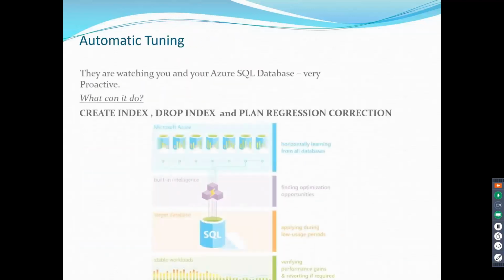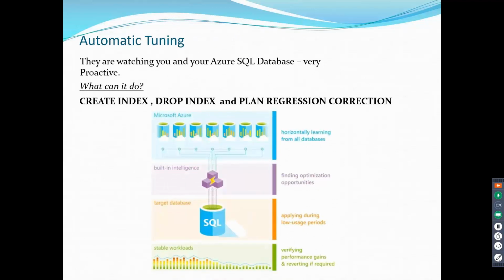Automatic tuning. Now this is a proactive service that runs in the background. It can do three things. It can help you create indexes, it can drop indexes, and plan regression correction. This is plan stability. Now, what will happen, this is actually a pretty good